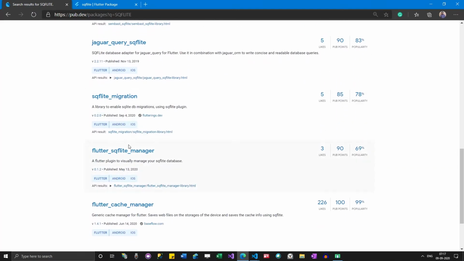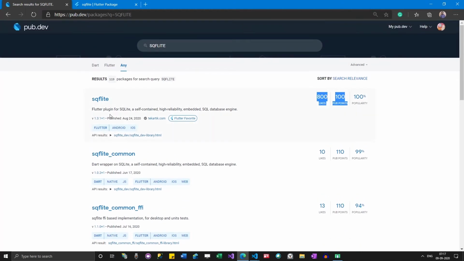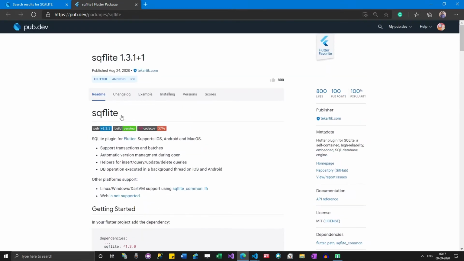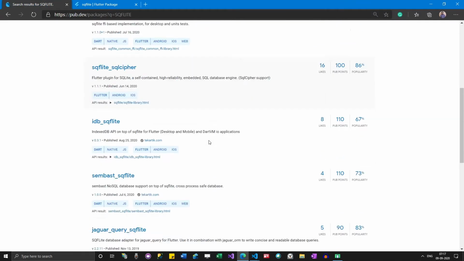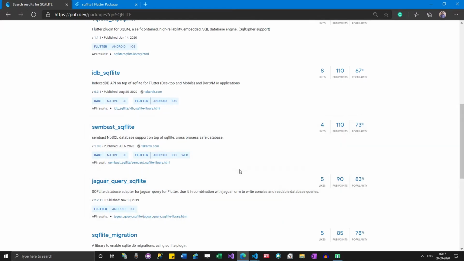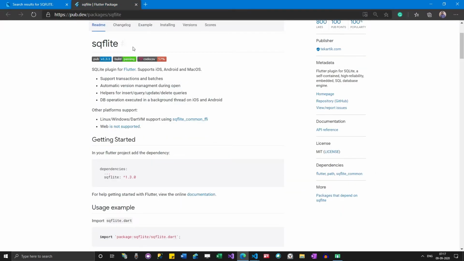But anyways, when you are using a new package, it will have a new syntax. For example, someone might have felt there is some problem with this SQLite package in the way it is syntaxed. They might not have liked it, and then they went ahead and created some other package on top of it. But that's fine. This is the one we are going to understand. As long as this works for you, you can always go ahead with this.